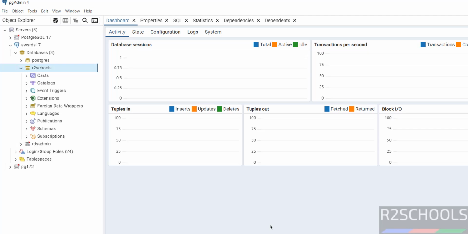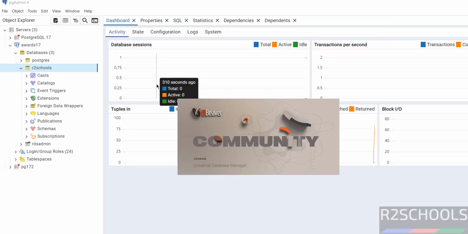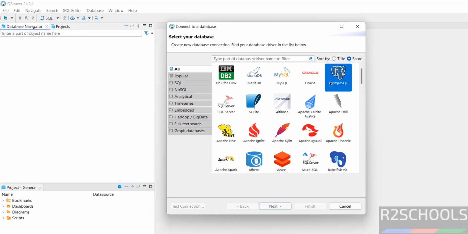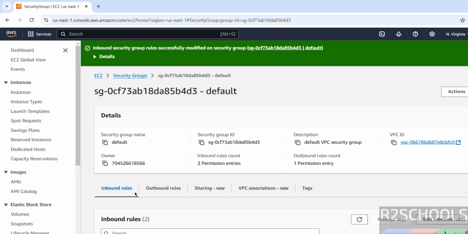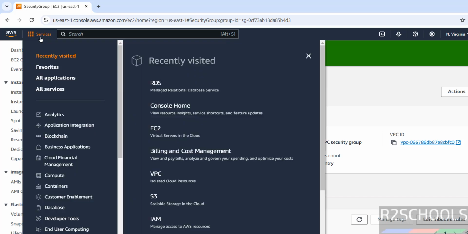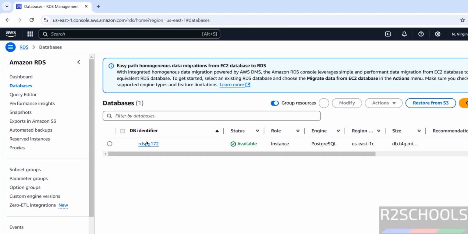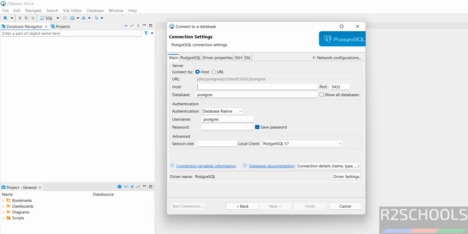This is one way to connect to PostgreSQL by using pgAdmin. The other method is DBeaver. Click on it, click on this new database connection, then select PostgreSQL, click on next. Here host name we have to give the endpoint. Go back, RDS instances, click on the instance, copy endpoint, go to DBeaver, paste here,